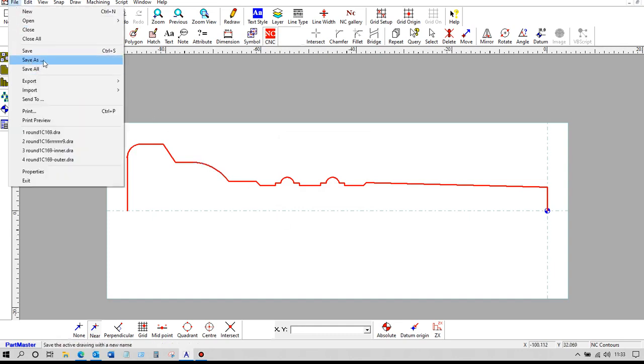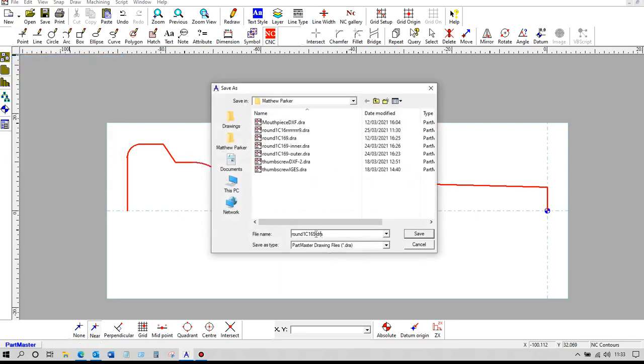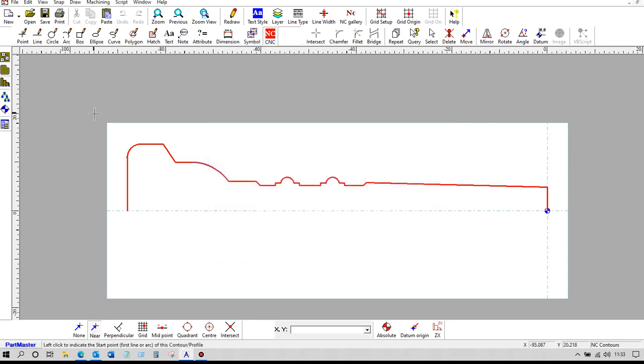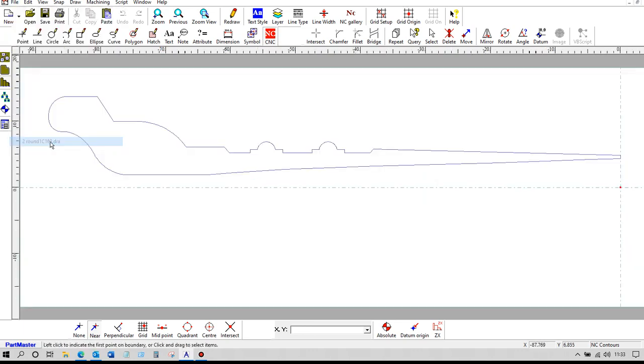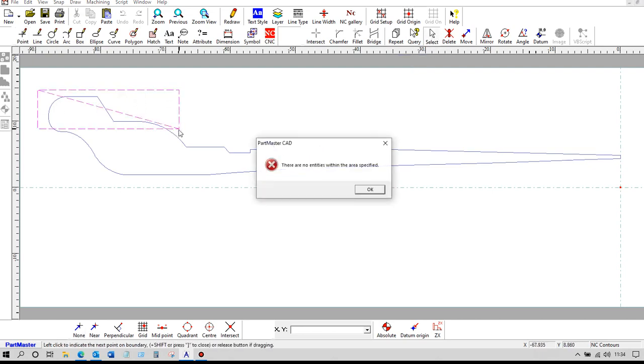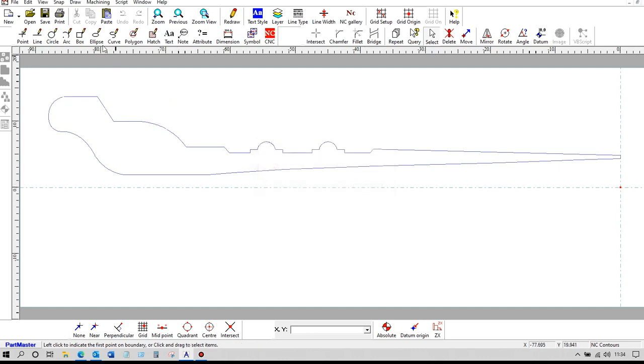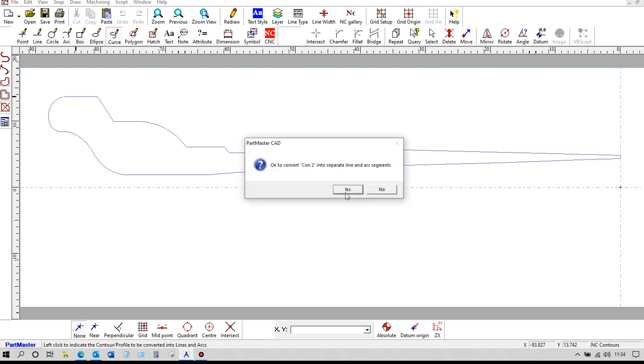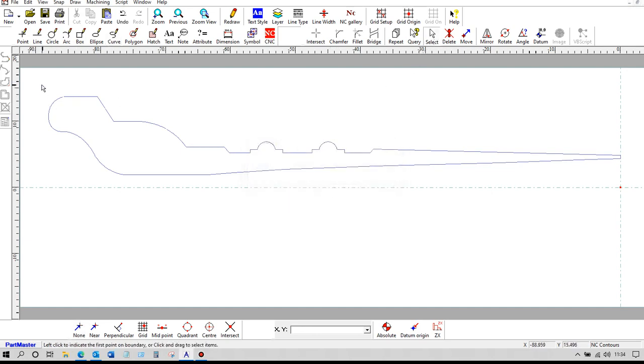So now we can save that drawing away under a new name so that the original is still there. Okay, so now if we go back and load the original drawing, we can do the same thing now for the outside shape. We use the select button here just to, oops, now the reason it hasn't done that is because I haven't exploded the curve, so I go curve extract, say yes, select,